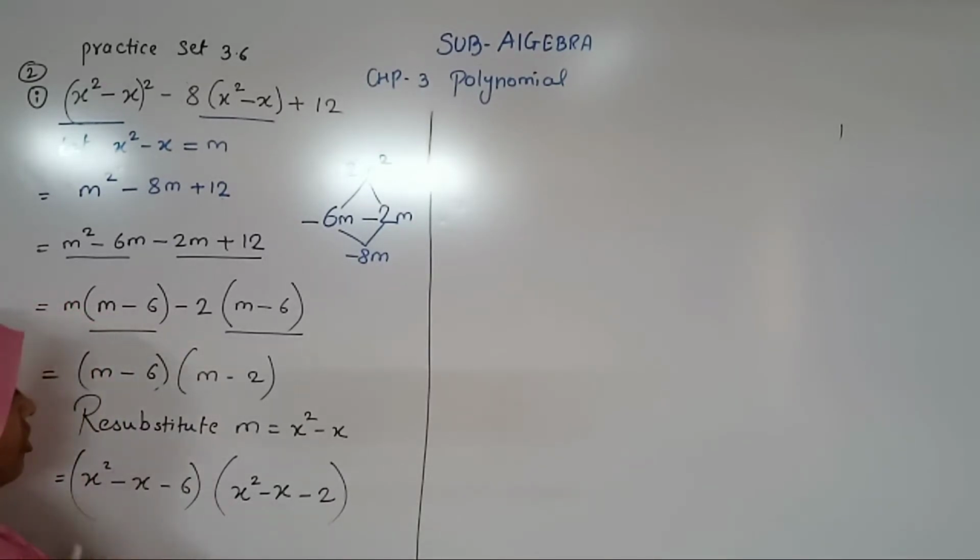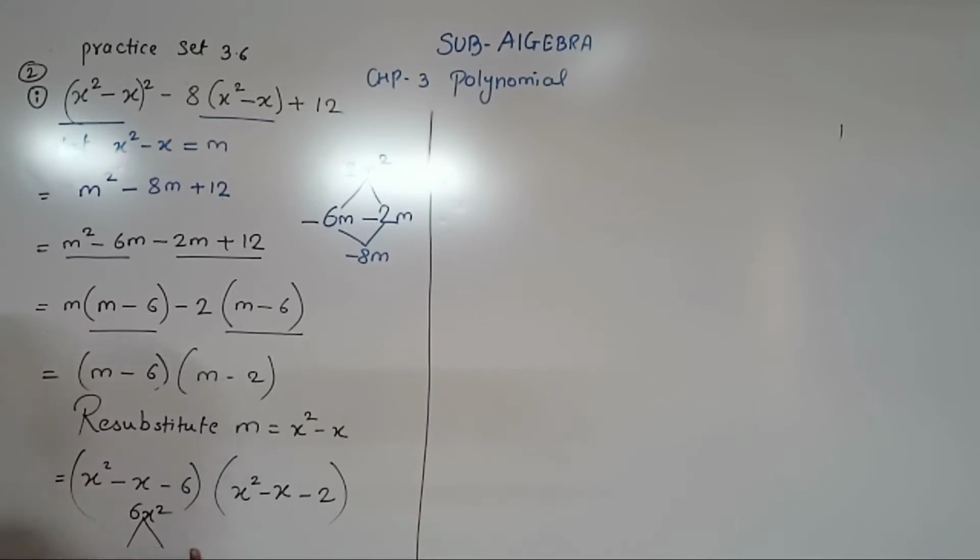Now see, again which concept has this come into? Now it will become factorization again. So now I have to factorize here. What do we have to do? We have to factorize. See, here also, like this you have to make the column. Here the middle term is minus x. Here the product of the first and last term is 6x square.